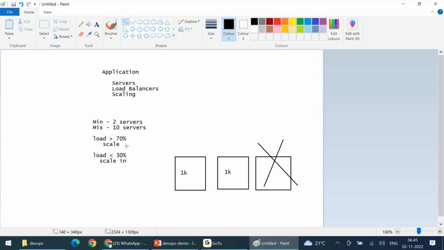Now, once the cloud came into the picture, the cloud can be any cloud: Amazon, Azure, Google, IBM, Oracle, whatever it is, all will be the same. They all offer the same services with different features or different wizards, but in the back end the architecture remains the same for the service. So what services are we going to use here? Servers, load balancers, scale in, scale out, like scaling,